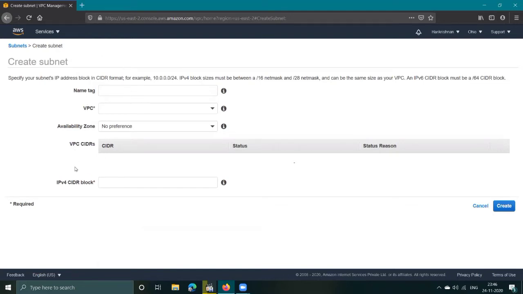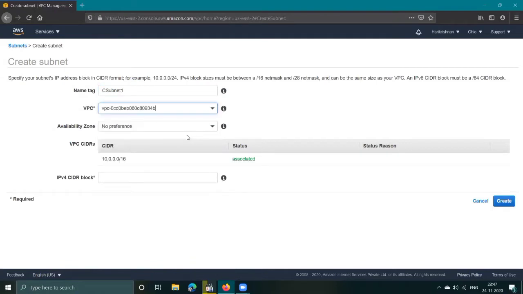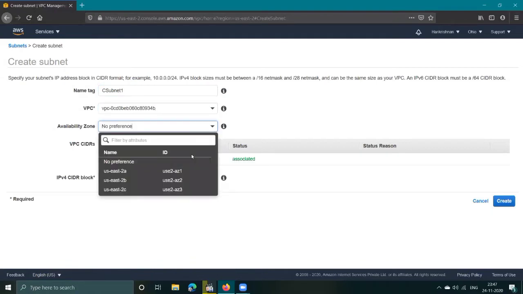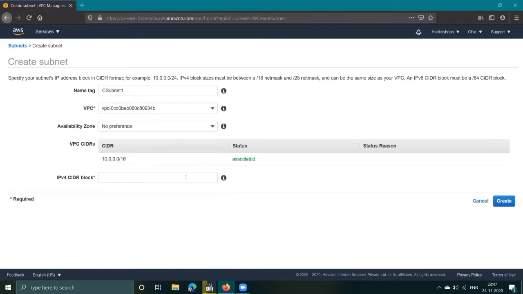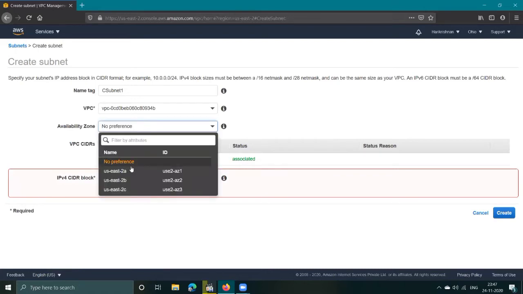Now go to subnets and create subnets, one for private and one for public. We have to fill in all the details. Go to the name tag and name it C subnet 1. Select the VPC, custom VPC, and select one availability zone.